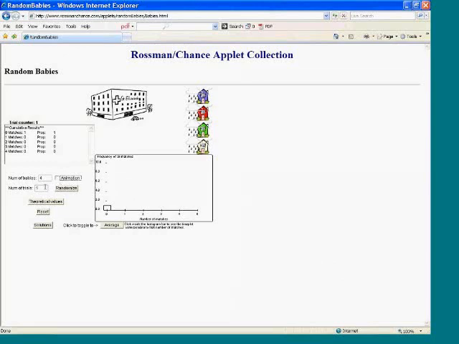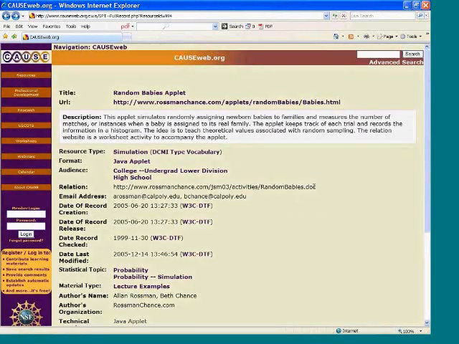And then I can turn off the animation and increase the number of trials and see the distribution of this particular number, how many babies got sent to the right house. Now, if you can imagine that if you were just having students look at this, they would probably start hitting buttons but not really know why they're looking at what they're looking at. Where if you give them the applet and the worksheet,